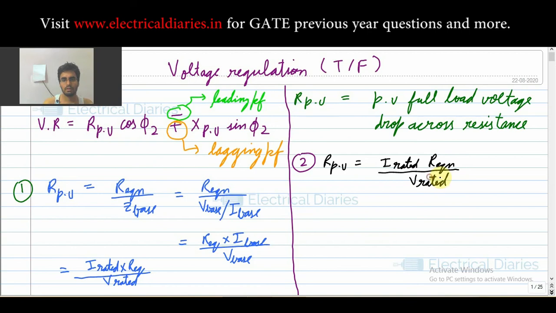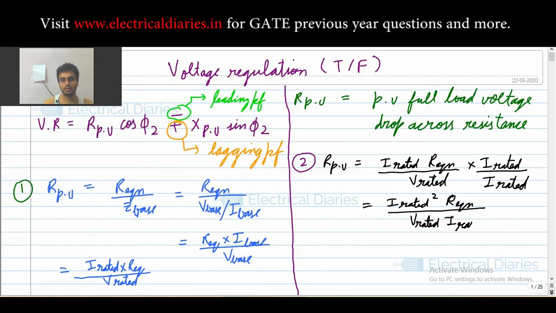So what we do is we multiply by I rated and divide by I rated. Remember, your rated values are the base values. Generally it is taken this way only. So the expression comes out to be I rated square R equivalent divided by V rated